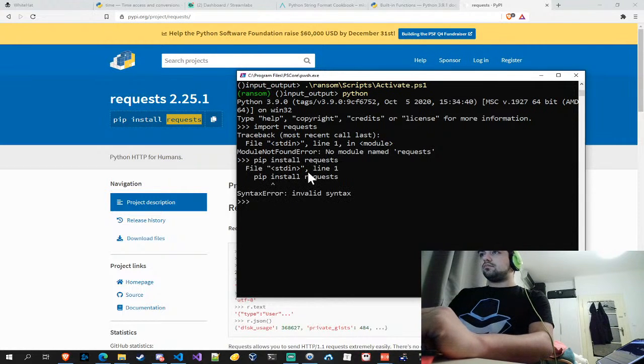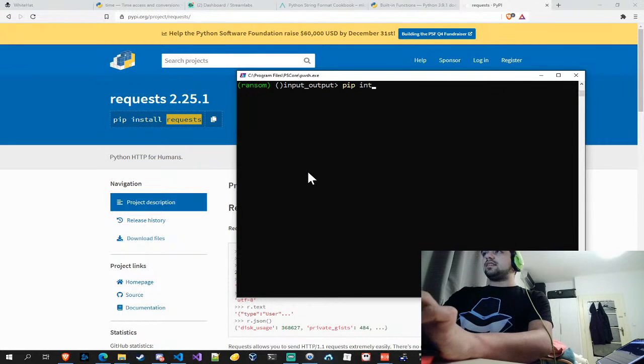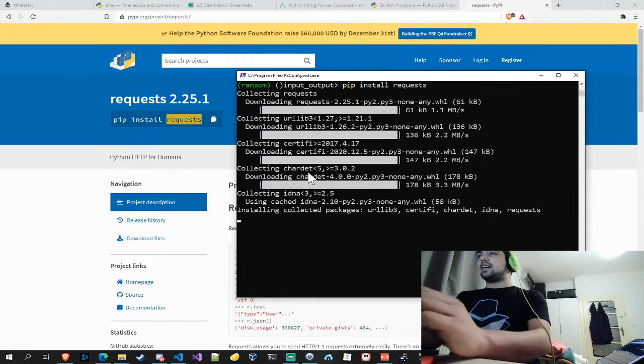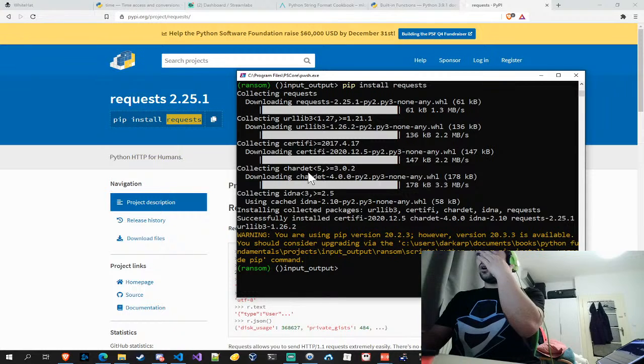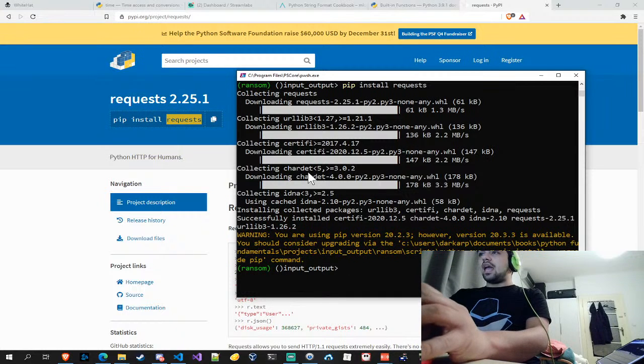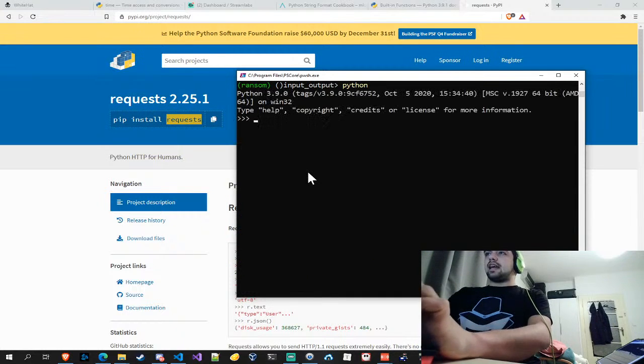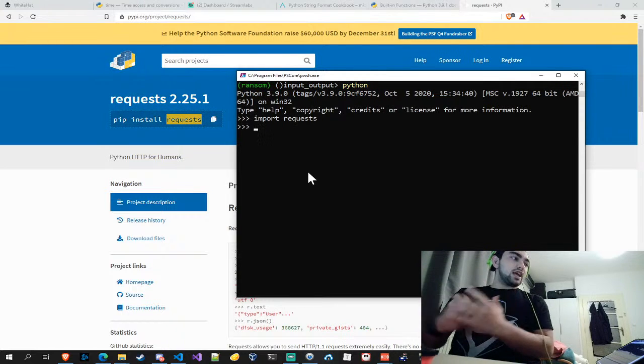Oops. We're inside Python. I'm an idiot. So let's do pip install requests. Right, so it's going to collect requests, and then it's going to install it. There we go, it's installed. Now if I do python again, and I do import requests, no error. We have successfully installed it